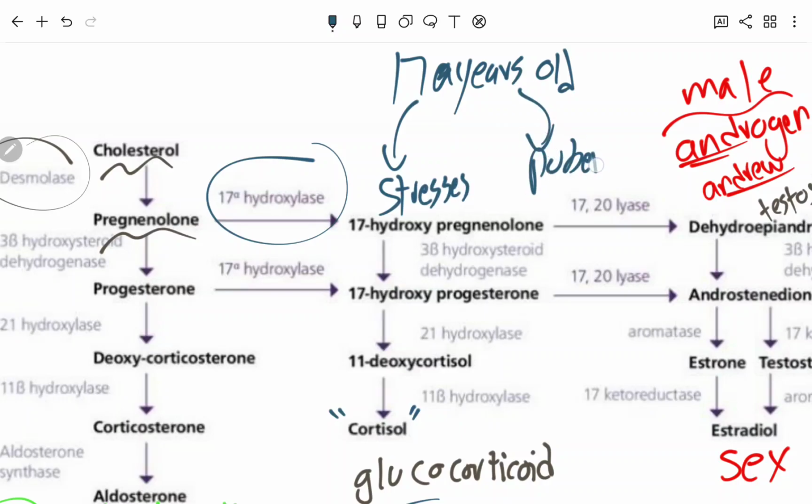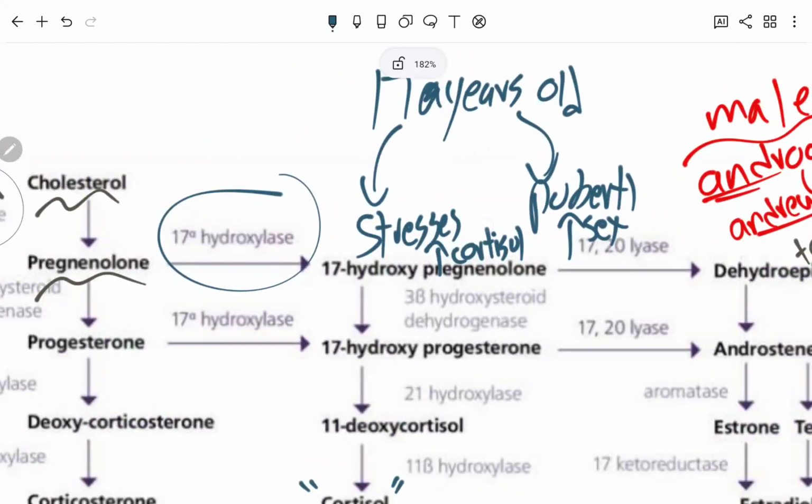And so at 17 years old, your cortisol levels would be high, and your sex hormones would be high. Therefore, using this mnemonic, we can link the 17-hydroxylation with the production of either cortisol or the